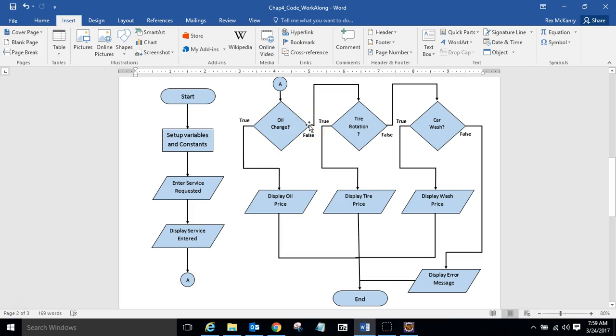Chapter 4 works on decision making. So I'm going to decide, did they enter oil change? If they entered oil change, I'm going to display the oil change price, and then I'm going to come down and end my program. If they did not enter oil change, that would bring me to the false side of